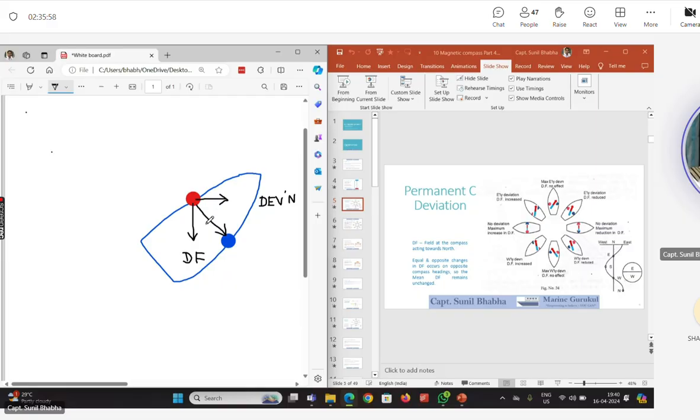सो इस पर्टिकुलर केस में, विद द शिप हेडिंग ऑन ए नॉर्थ ईस्टर्ली हेडिंग, जो डेविएशन जनरेट होगी वो होगी ईस्टर्ली, एंड जो डायरेक्टिव फोर्स होगी उसमें आ जाएगी रिडक्शन, बिकॉज दिस एरो इज पॉइंटिंग डाउनवर्ड्स। ये एरो नॉर्थ की तरफ पॉइंट करता तो डायरेक्टिव फोर्स हमेशा बढ़ती। ये एरो साउथ की ओर पॉइंट कर रहा है, डायरेक्टिव फोर्स को ये रिड्यूस कर देगा। सो देयर विल बी अ रिडक्शन इन द डीएफ।